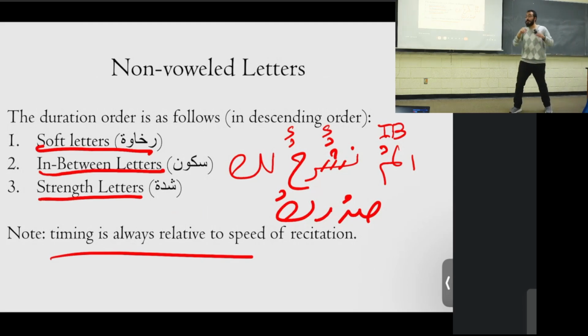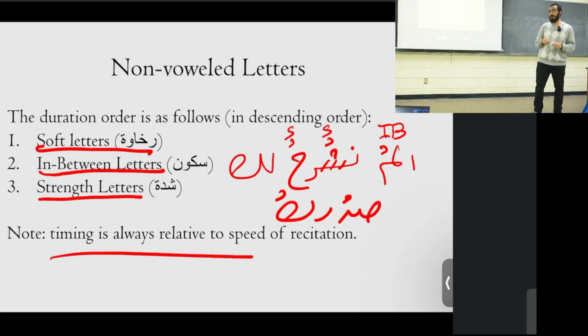But it's going to take longer because my recitation is slower. So if I recite very quickly, Alam nashrah laka sadrak, the sheen and the ha takes a little longer than the meme, but it still has to take a lot longer than the meme. Question is, does anybody actually do this? I don't think so, right? But this is part of Tajweed. Giving sukoon their actual timing is part of Tajweed, okay? Does that make sense?